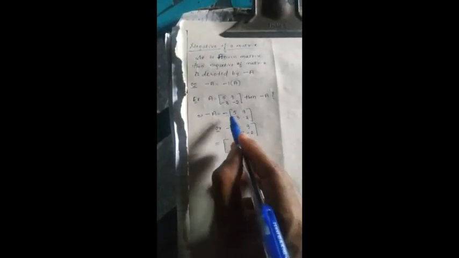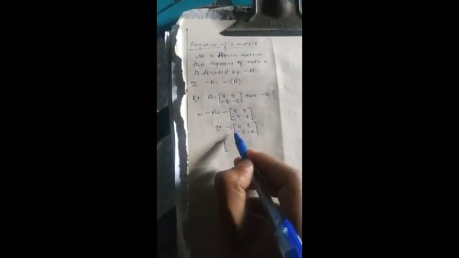Either minus or minus 1, both are the same. So when I multiply this minus to each and every element, it is nothing but the scalar multiplication. Got it? That is multiplied with the negative sign. That is minus 5, minus 9, minus into minus plus 3, minus into minus plus 2. So this is nothing but minus A. So this is nothing but the negative of the matrix. Okay.